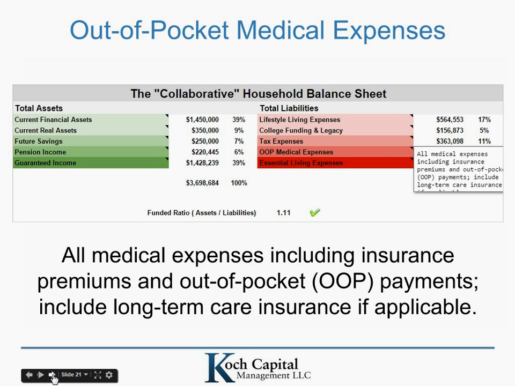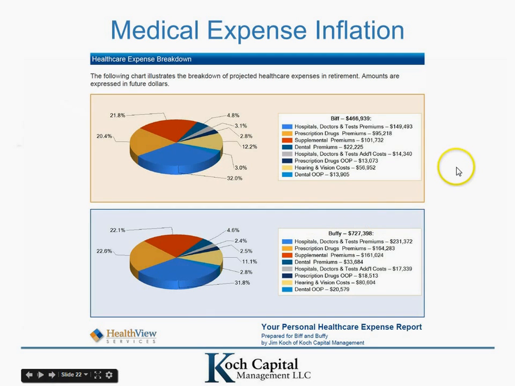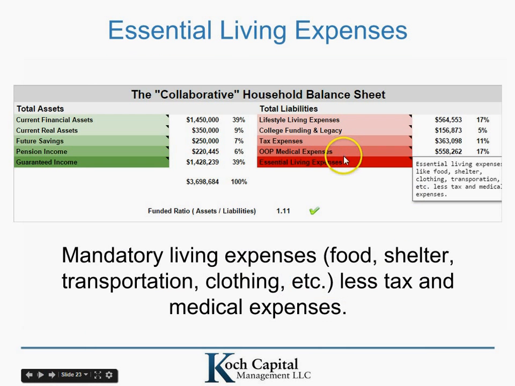that doesn't follow just straight CPI. It goes up faster than CPI, and it really ramps up at the end. We use a service to map those out called Health View Services, and based on your age and some preliminary medical background, they can look at what the average is in terms of your out-of-pocket expenses, and it's usually pretty daunting. And this is the one area where I don't think enough people really plan for medical expenses, especially late in life. So that's another reason why we break it out, even though it is part of what